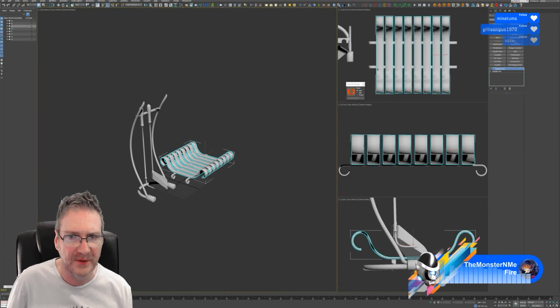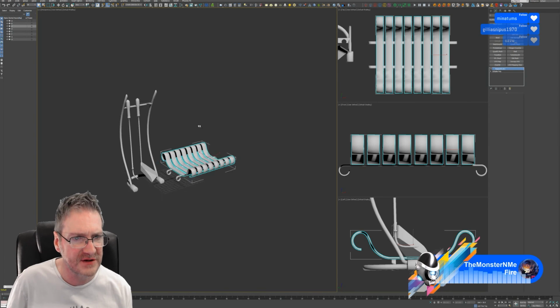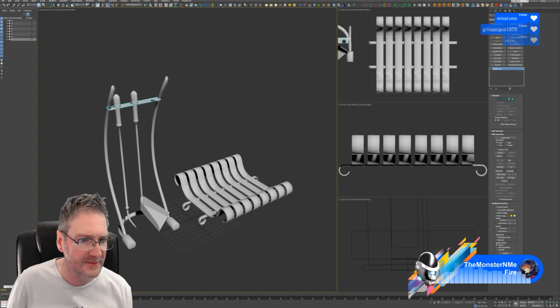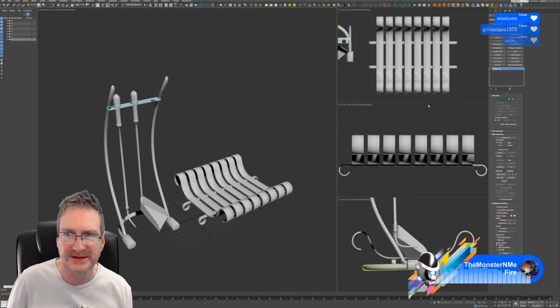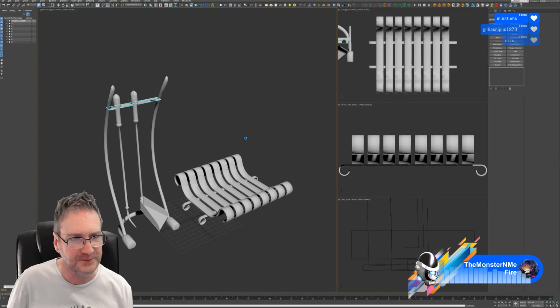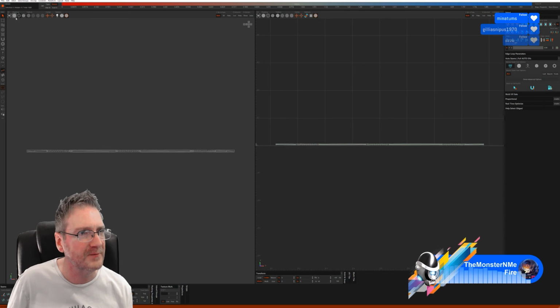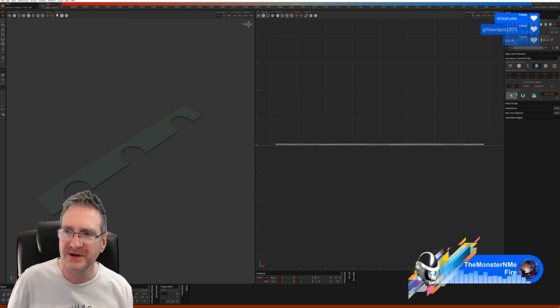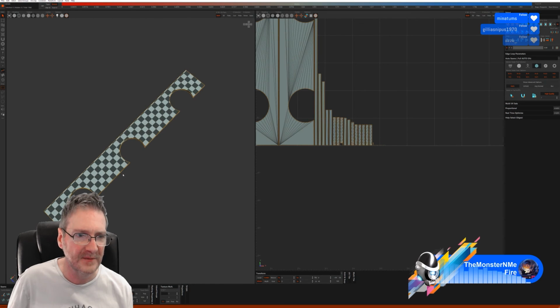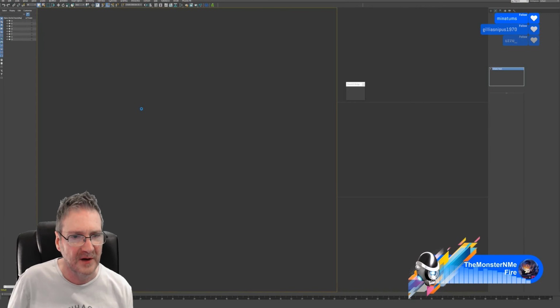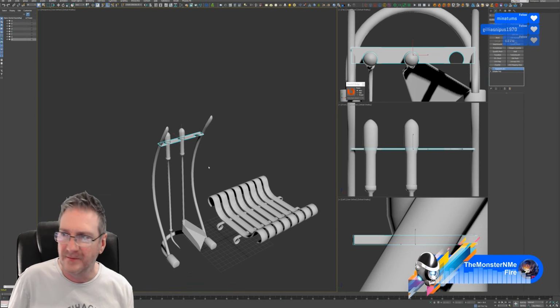No, I think that probably means we have UV mapped everything. I don't think I forgot. Oh, no. I think I might have forgotten this piece here. Yeah, I think I forgot that piece. Let's send that over the horizon. This can be mapped up real quick. It's just a box, really, with a couple of holes cut in it. So we'll use this mapping tool here and we're good to go. Send it back.